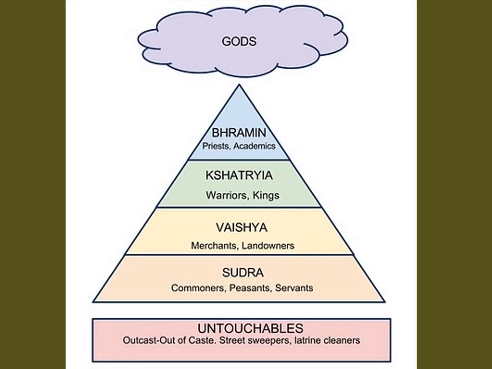And the members of the top three varnas were seen to be Aryas, the noble ones, socially superior due to the claimed purity of their descent. And then below this, we have the Sudras, the commoners, and then the untouchables, right? And right on top of them, we have the gods. So in Aryan society, this is their division of social classes. And these are determined by their birth. That means into which family you're born, you fall into which of these hierarchies.